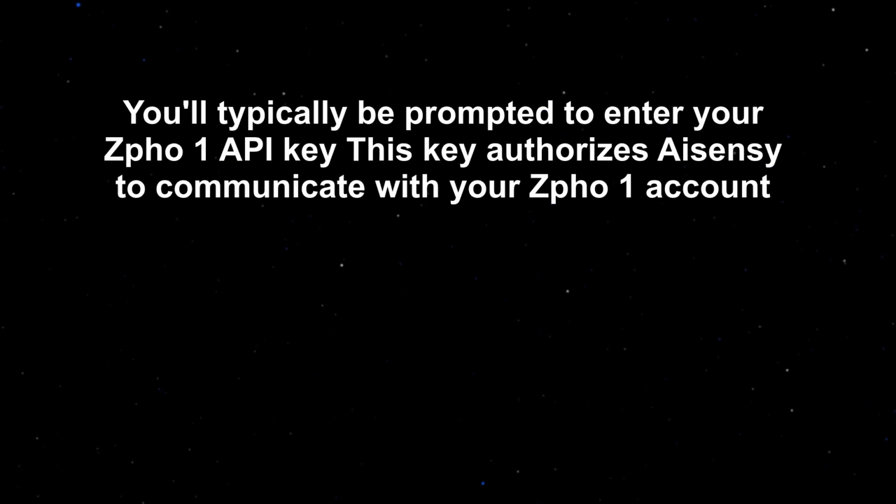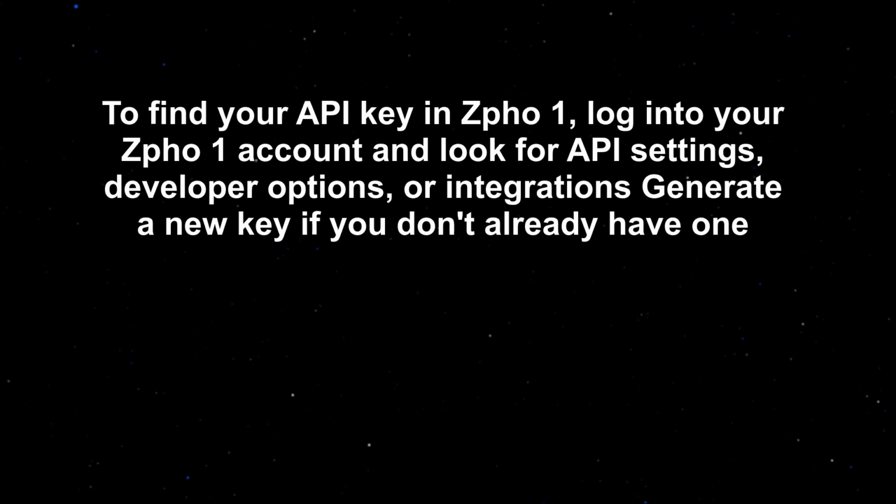You'll typically be prompted to enter your Zpho API key. This key authorizes Aisensy to communicate with your Zpho account. To find your API key in Zpho,